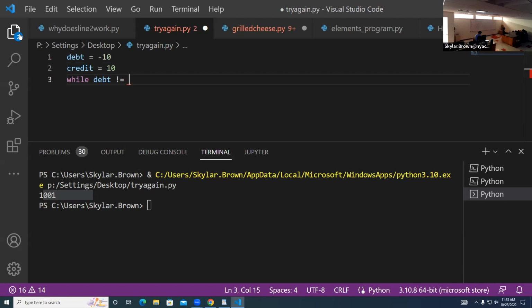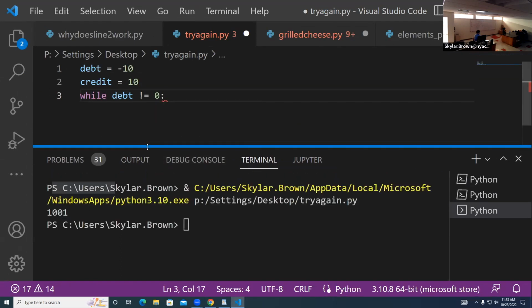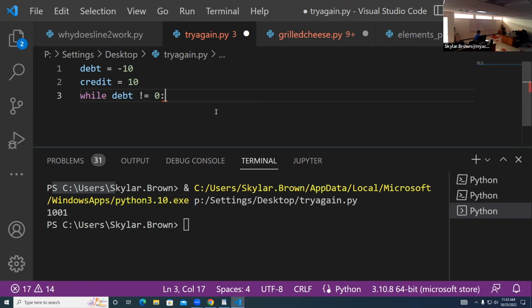is not equal to 0, and we say not equal to by putting an exclamation point and an equal sign, right? So while debt is not equal to 0, what is that essentially saying? While you still have debt, right? This is not equal to 0. So this is saying while you still have debt,